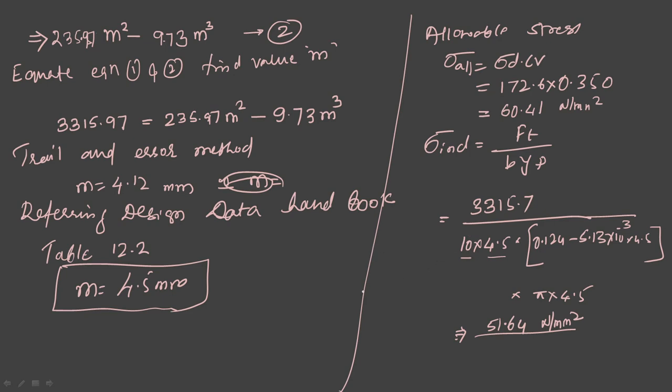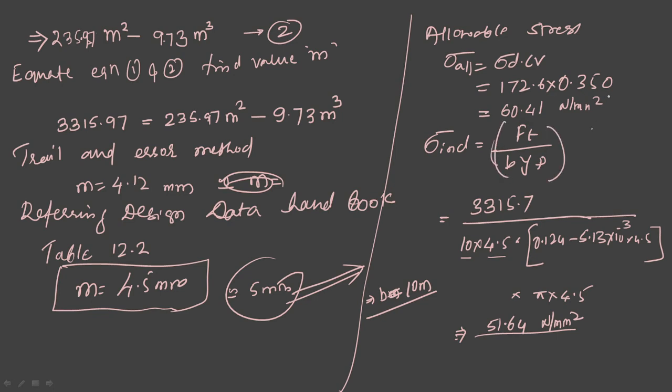value of b equal to 10 m, so how much did you take? b equal to 10 m we took here. Instead of this one, it is better to go for increasing the moduli here. Suppose if it comes to 61.64, now you just raise it to 5 here. Then you check it, right? So now induced stress has to be less than allowable for a safer design.